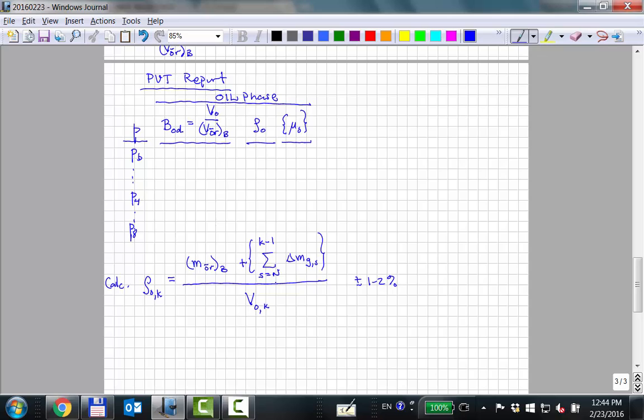So actually maybe this should be n minus 1 to k. I don't know. I should look in the book. Yeah, because the last stage, you don't want to put that gas back into it. So this is going to be n minus 1. And then if we go all the way up to stage 1, there is no gas at stage 1, right? The first gas that you take away is in stage 2. So this would go to,